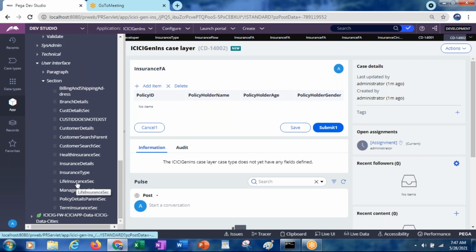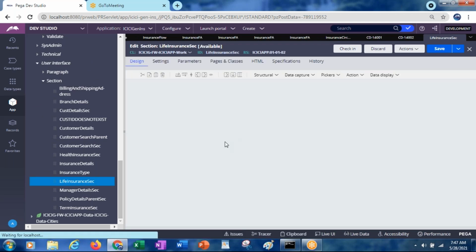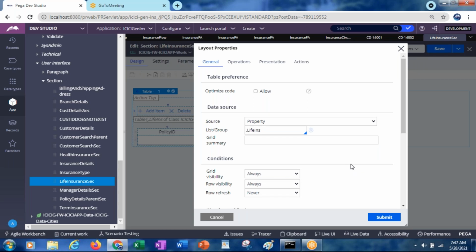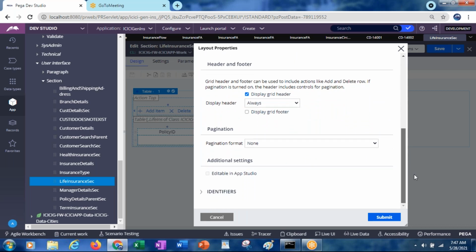Yeah, life insurance section. Behind display and footer.